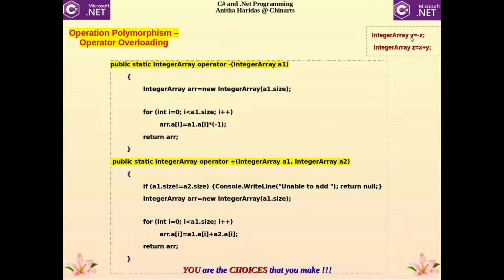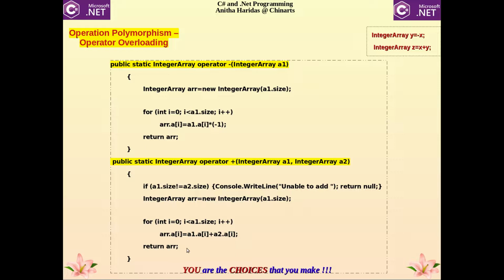So if I say y is equal to minus x, the minus x will be invoking this method, x plus y will be invoking this particular method. That is how operator overloading will be achieved in C# programming.